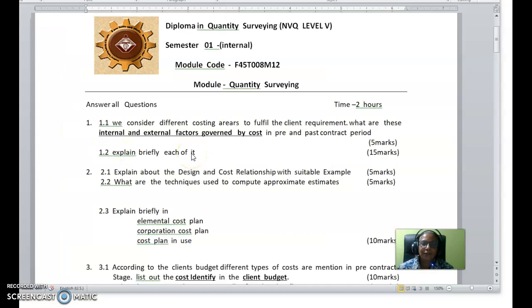This is one of the final module evaluation forms for evaluating the knowledge of the module quantity surveying. There are so many questions